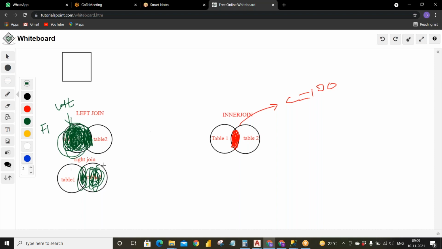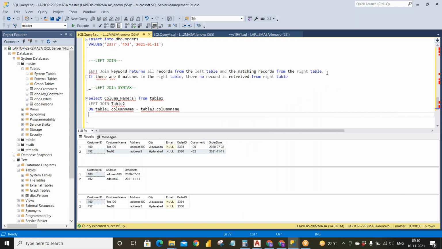As table 2 is to the right of table 1, we say the right data will be coming into the picture. So simply how you put the table names in the syntax matters. So first table data will be retrieved in the left join and the second table will be retrieved in the right join, and in both the common data is also retrieved. So I will tell you with examples over here.